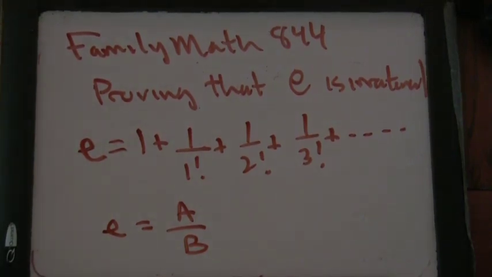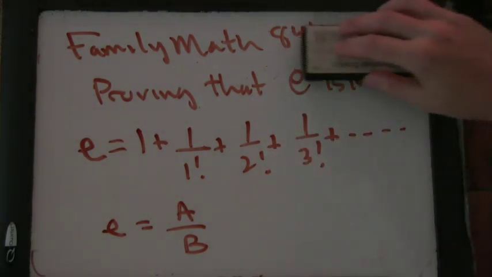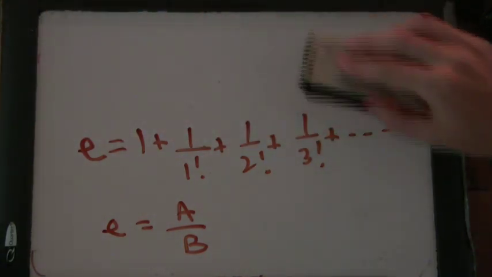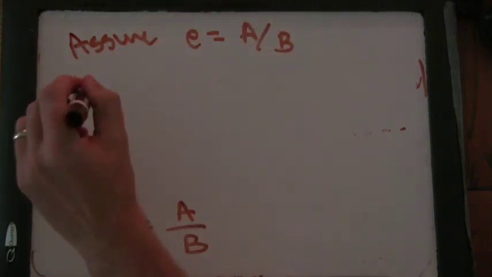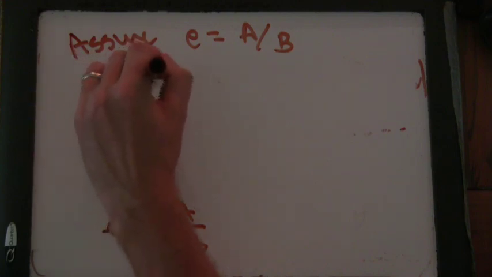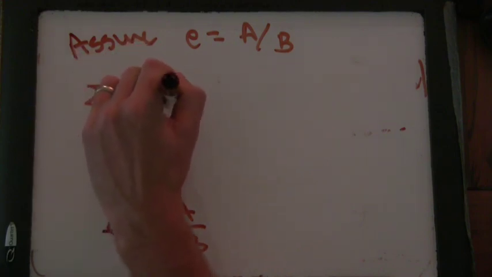Okay, so the thing we're going to do is consider, we're going to remember this definition. So we're going to assume e equals a over b, and then we're going to look at this sum of 1 over n factorial, where